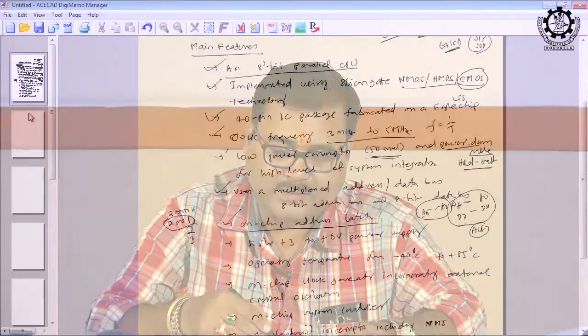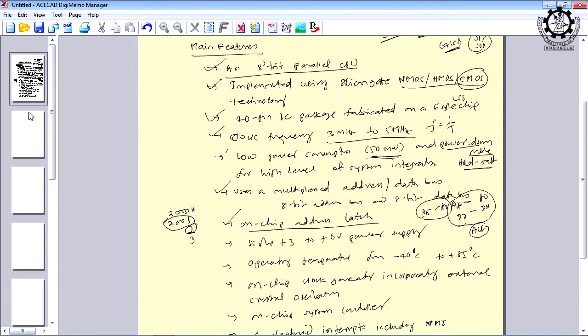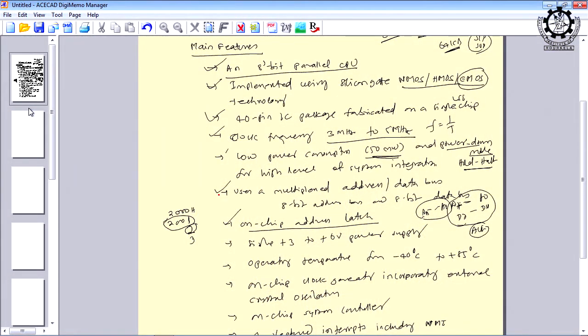And again, if you want to access the next location, unless you store 2001, I cannot get 2002. So, that is the reason we must use an address latch, which will temporarily store the address, and as and when it is required, it will be retrieved from that latch. I think you understood the requirement of using an address latch, the main reason being the multiplexed address and data bus. So, this is the next feature: the on-chip address latch is necessary, and it will latch the address temporarily to get the next address.